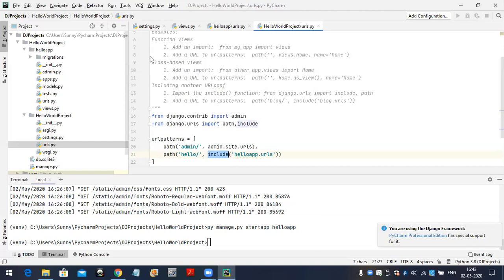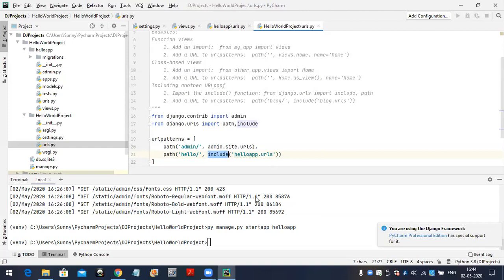See, how many files I used here. Inside the settings.py file I just added my application. Next, inside the views.py file, I defined one view function, and I created one application level urls.py file to configure my application related URL patterns inside that. Next, at the project level urls.py file, we have to include that application related urls.py file, and like this I included it. Now done, and our job is completed.